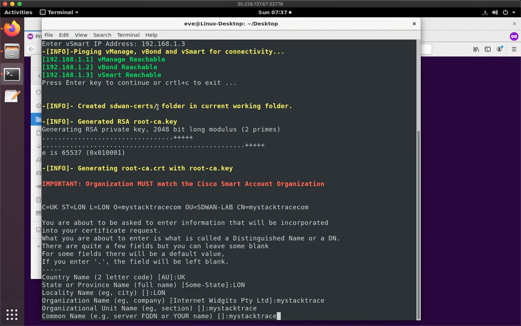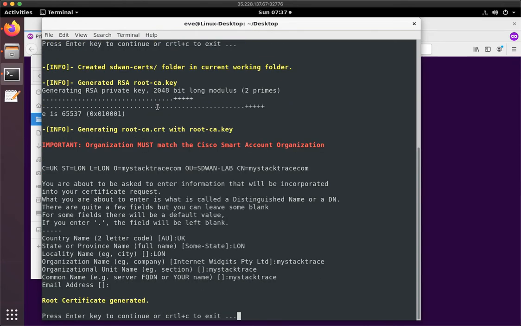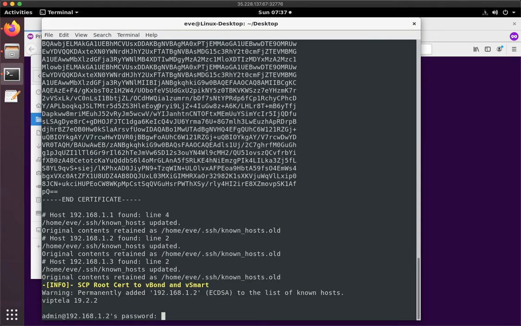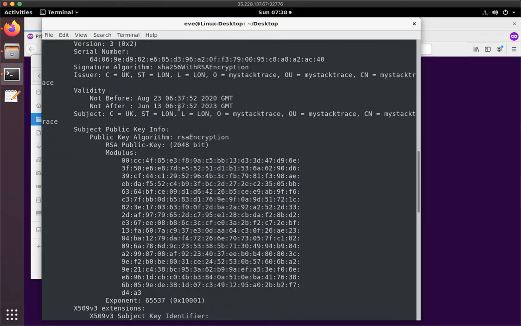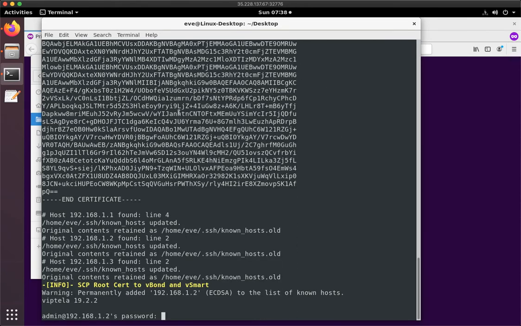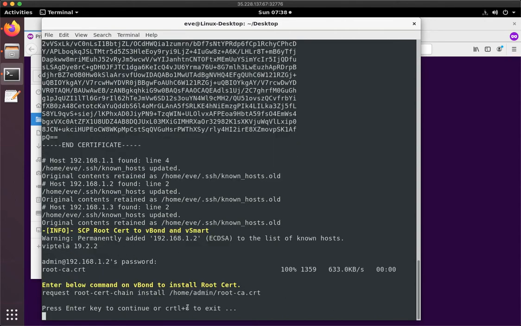I'm just making sure I don't have any typos. Okay, that looks fine. So the root cert is generated, and we can see that this is our certificate at the top. Okay, and now we are going to copy this cert to the vSmart. Give it the password, and then for vBond,